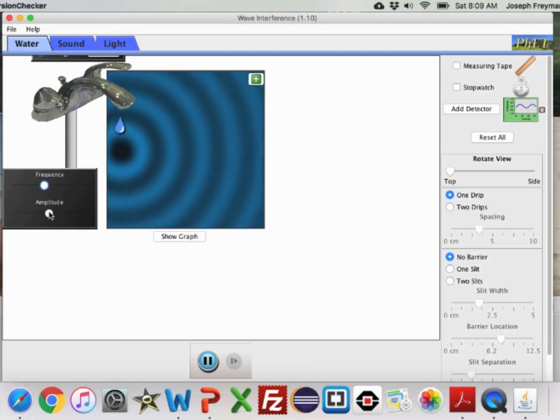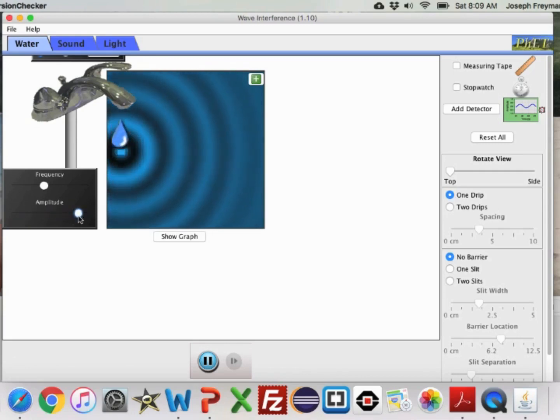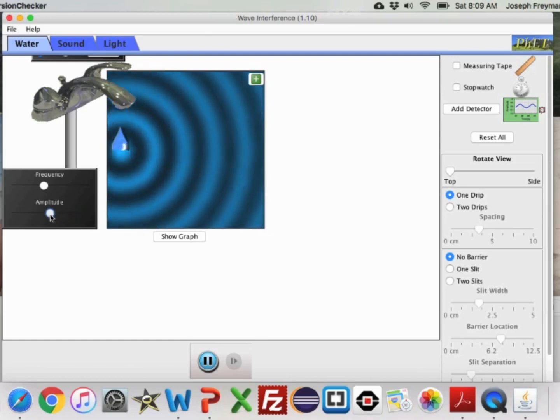Now, the amplitude can also increase or decrease. If I decrease it, same frequency, but notice that the light parts aren't as light, the dark parts aren't as dark, because the crests are lower and the troughs are higher. This is amplitude. Now I can increase amplitude as well. These big old drops come down, and I have huge ripples. Alright, so that's just frequency and amplitude. I'm going to use some medium ones